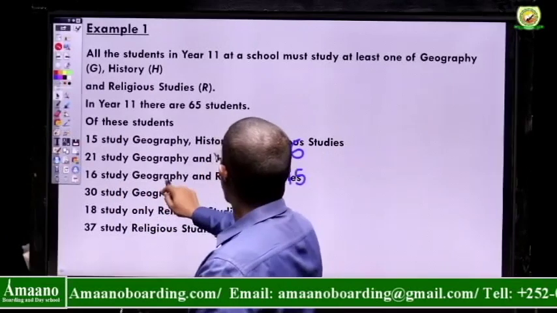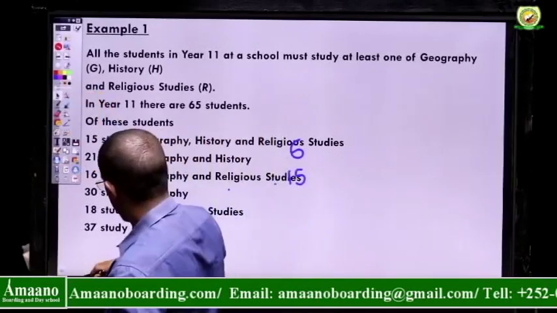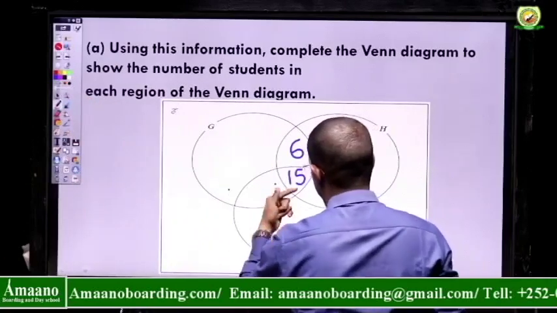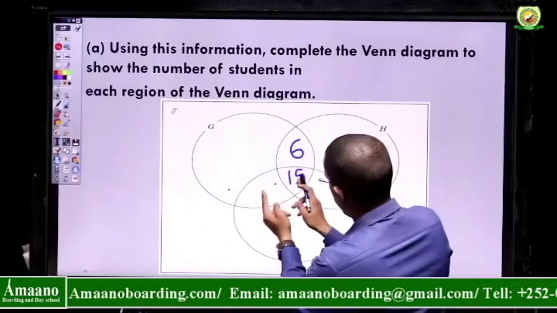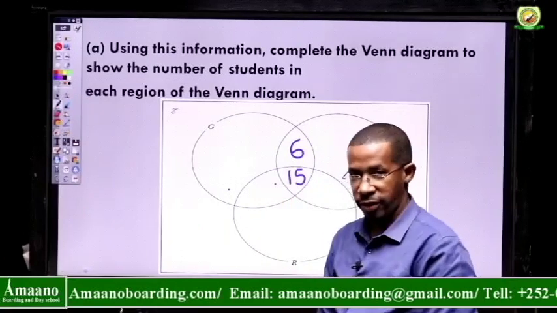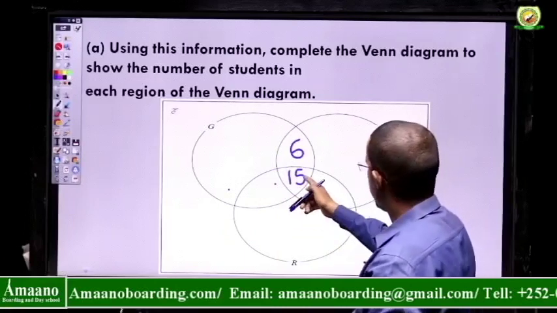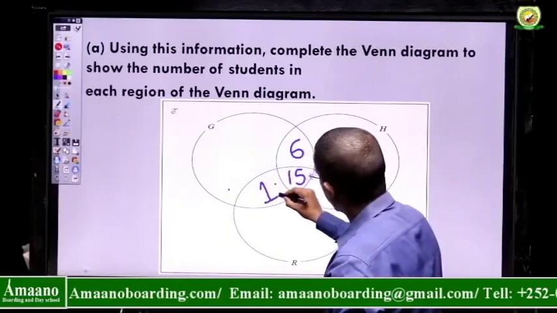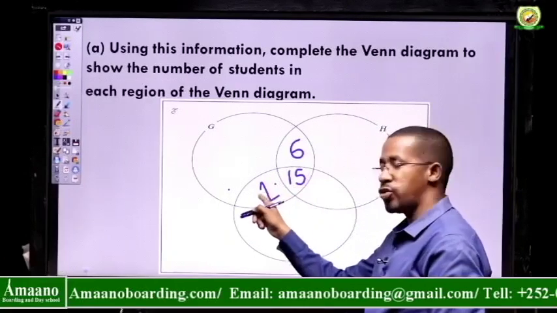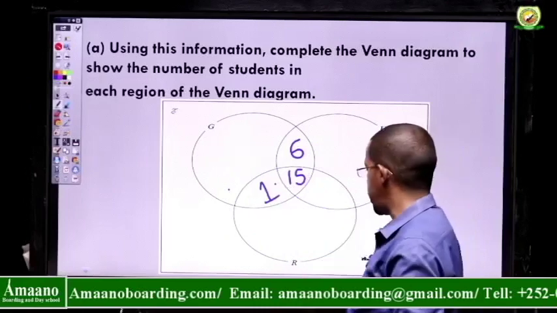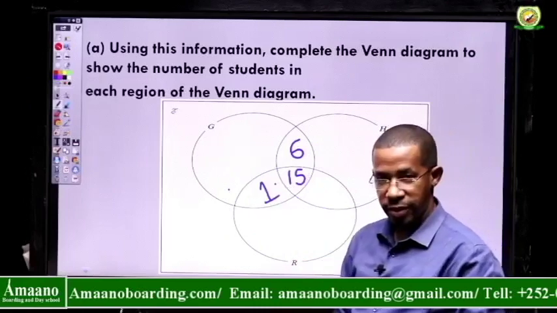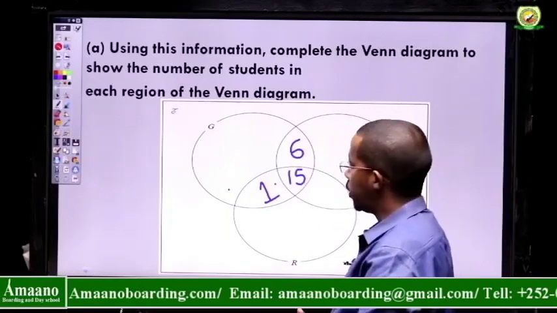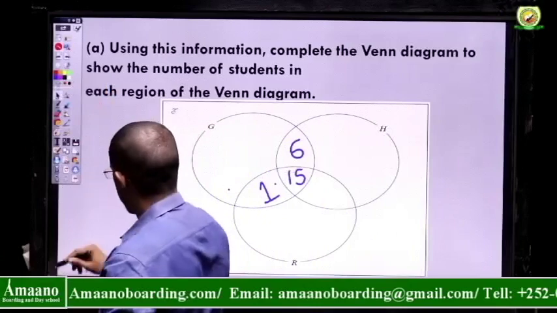Then 16 study geography and religious studies. Geography and religious studies, G and R, is 16. That means these two parts you have to put 16. But already we have 15. That means I have to say 16 minus 15, which is 1. So we have one student here who studies geography and religious studies without history. Okay, then we proceed to see what